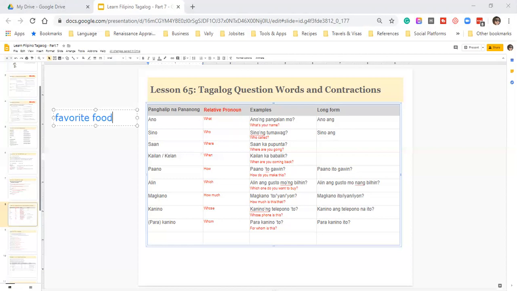Until you're good with it. Okay. So you're going to replace the noun only here. Okay, you see this noun? You're going to replace the noun here in the pangalan, okay? And then you just keep the noun case, noun pronoun, okay? So you're going to replace this. Okay, let me type a couple, okay?